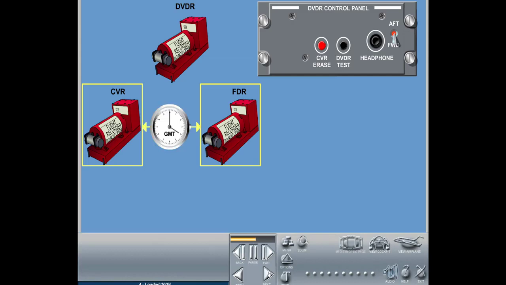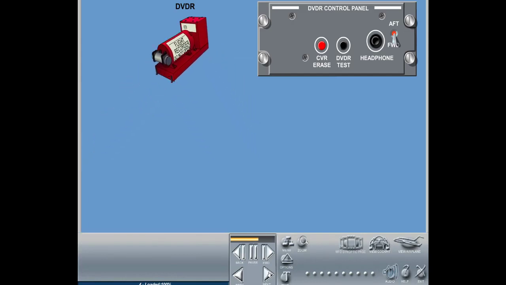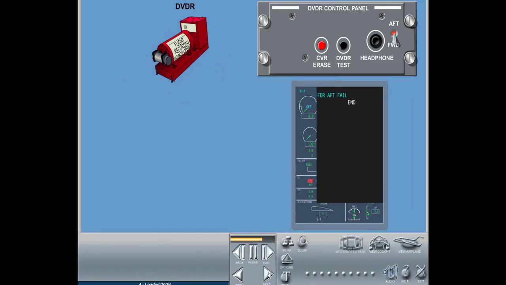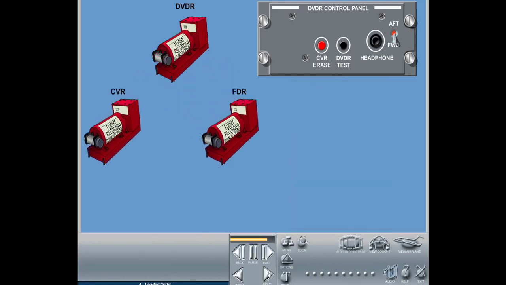Additional Greenwich Mean Time information is provided for absolute time marks. In the event of a fault or failure of the DVD-R system, an advisory message on the ICAS comes on. Some DVD-R CAS messages will be inhibited during critical phases of flight. There is fault segregation between the CVR and FDR functions. Generally, a fault occurrence in the flight data function will not influence the normal operation of the cockpit voice function,